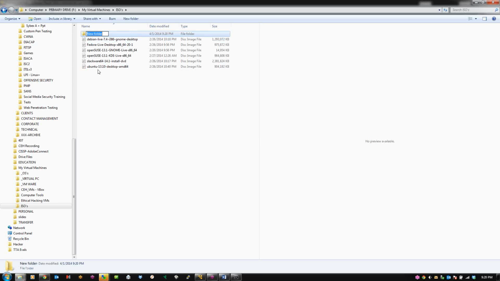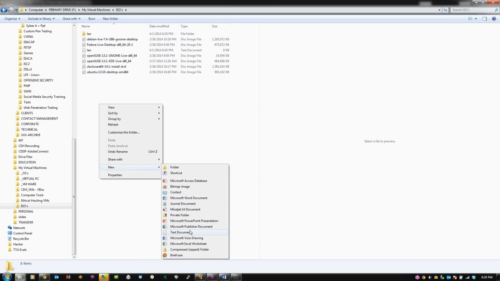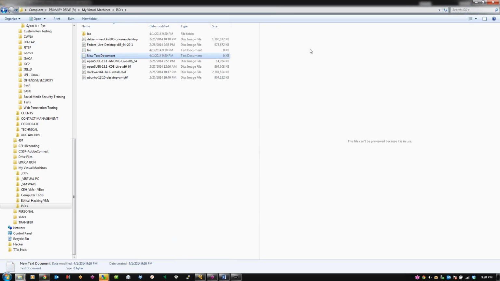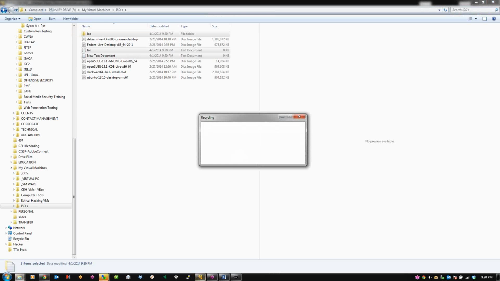Okay. So we're going to call this Leo and then create a new text document. We'll call it Leo. So in Windows you can. It does distinguish between files and folders. You just can't have two. If you basically want to create a new iteration of that, it can't distinguish between those. So just to give you an example in Windows, but if I go back over here to VMland,